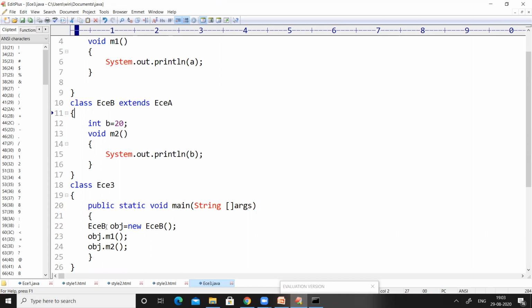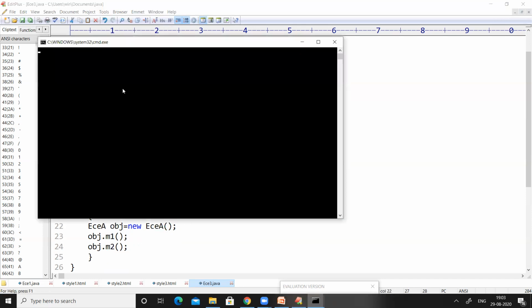Now let us see what will happen if we create an object for ECEA. I just created an object for ECEA, not ECEB. Save the code. Now compile the code.